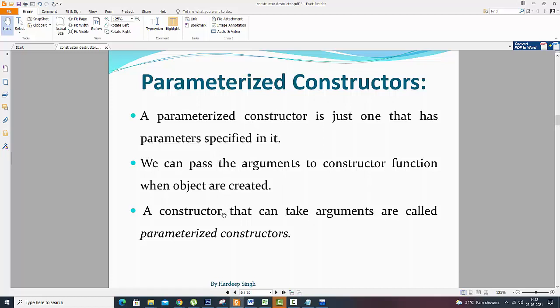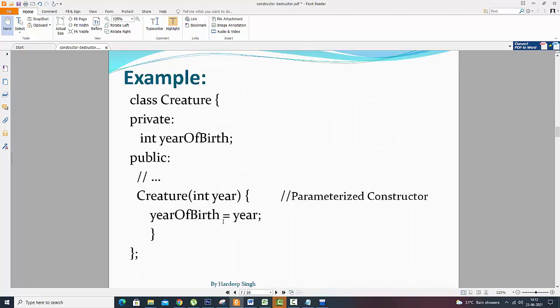In a parameterized constructor, some parameters must be passed, such as here we are passing integer year. It is the same thing, but we are only putting integer year, the year of birth, here.